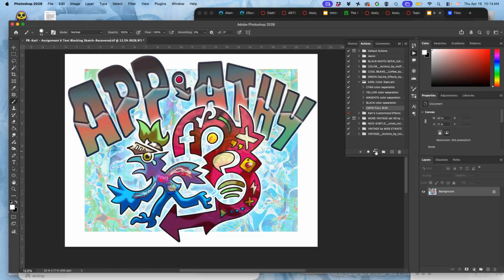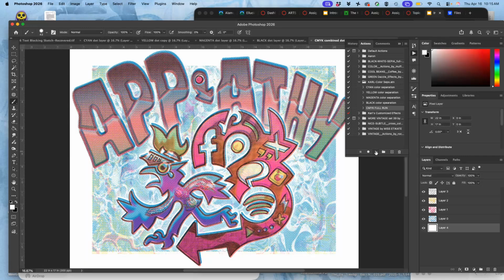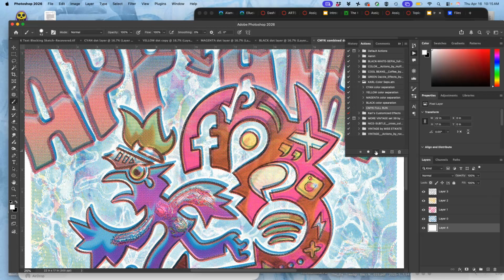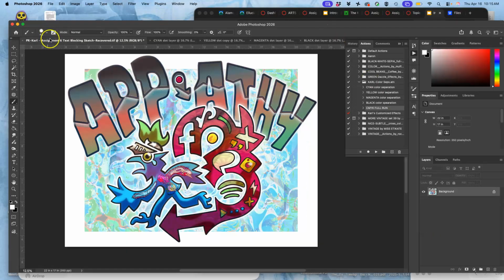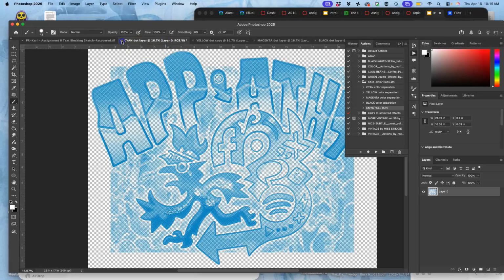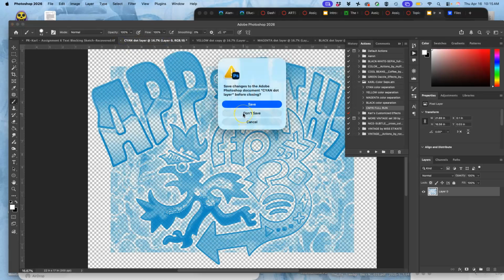because actions are programs within Photoshop that you write and record, just like a VHS tape, and then can play back at any time you want. Now, the way I've set it up is these are non-destructive actions. So I still have my original file here, untouched, but it generated all of these individual files that now I'm